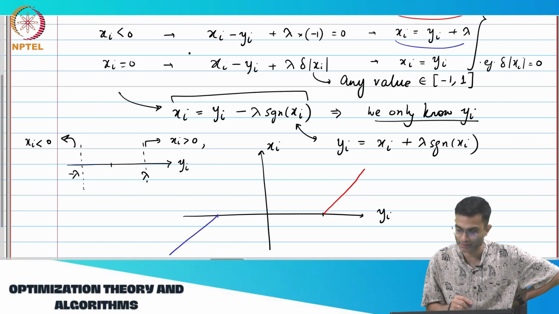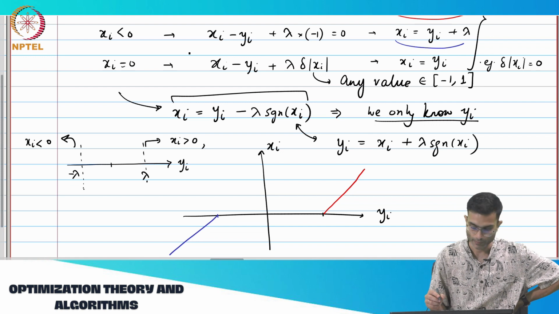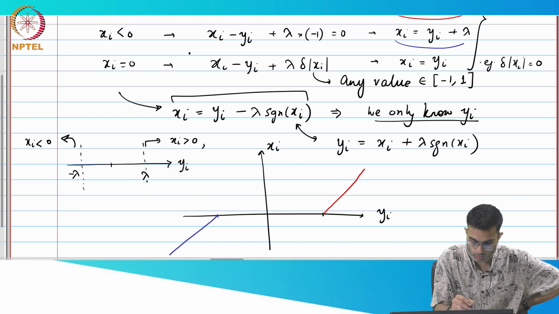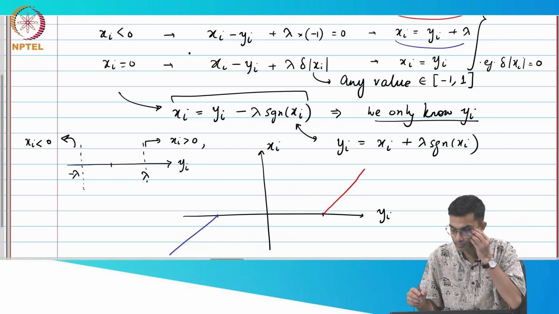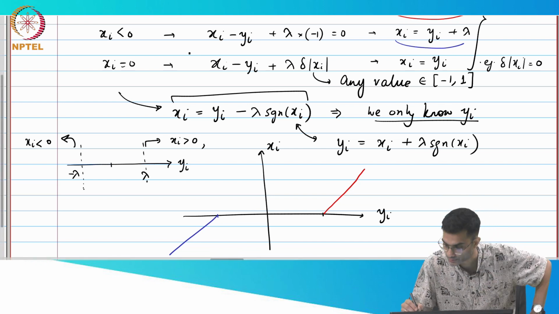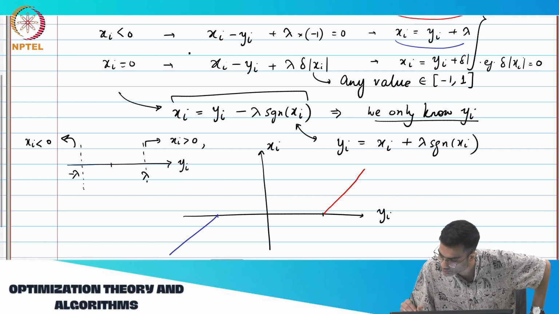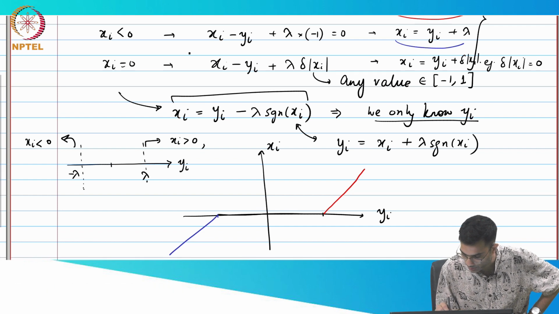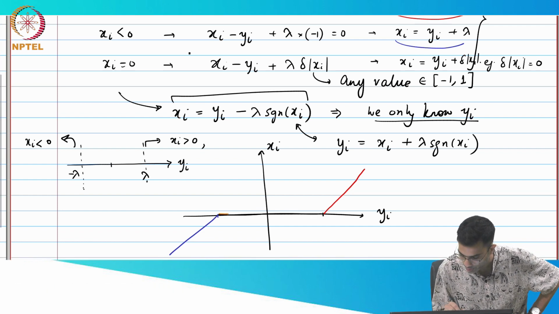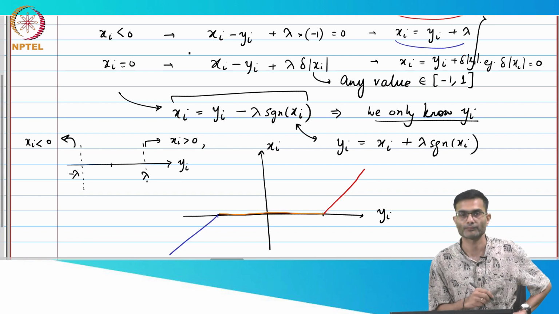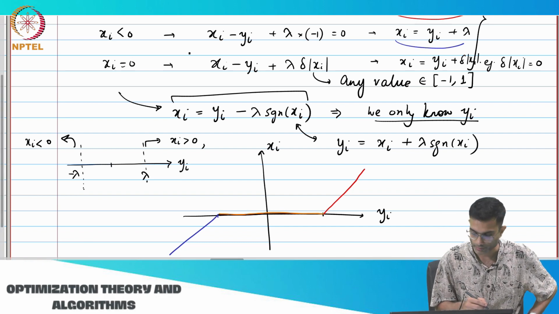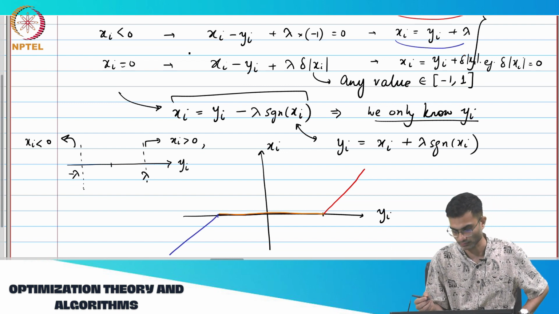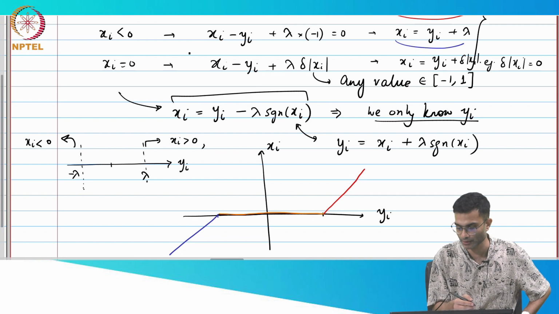Actually, I'm going to leave it as this. In these equations, if yi is less than lambda, then xi equal to 0